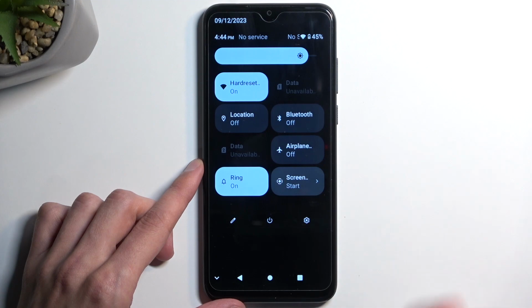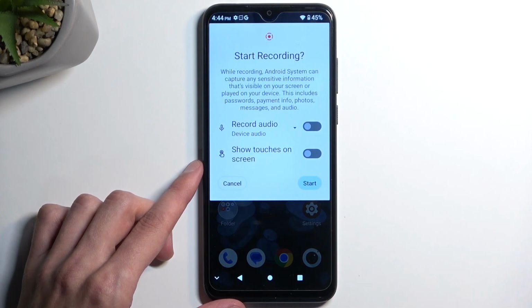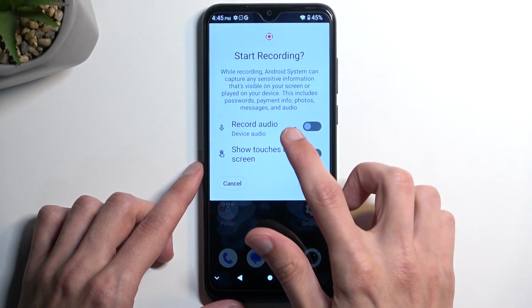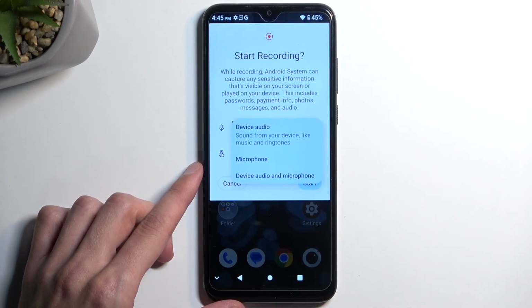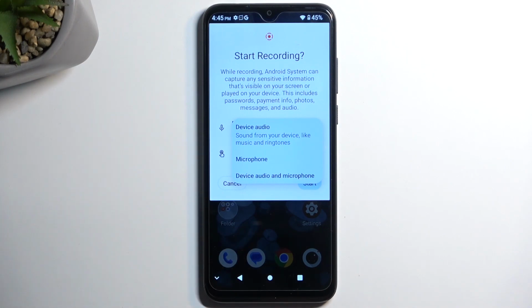Now in here we're gonna click on it. It brings up this window, start recording. We have a couple options for audio recording and touches. So in terms of audio, by default it will be turned off. You can tap on a drop down and record device audio, microphone, both, and obviously if it's off then you're